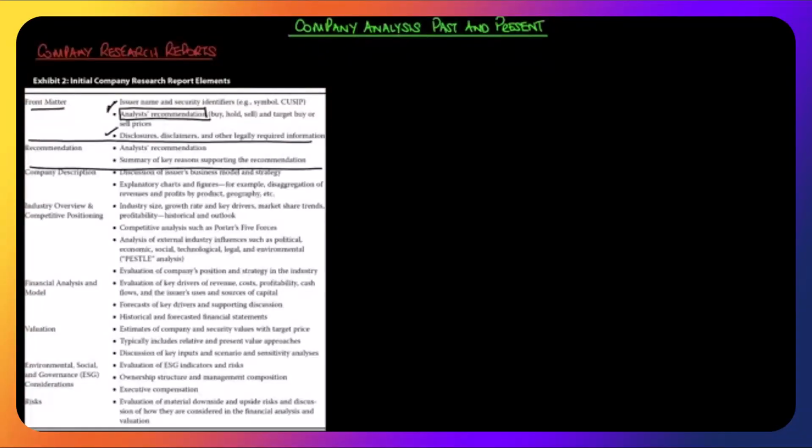The first section is a company description. It discusses the issuer's business model and strategy. That's us right here in this learning module once again. Then the next learning module, industry overview and competitive positioning. We know our company. Now let's take a look at the industry. Then the next learning module,